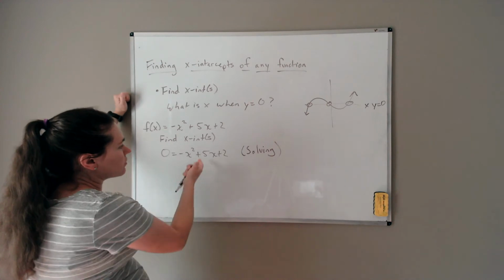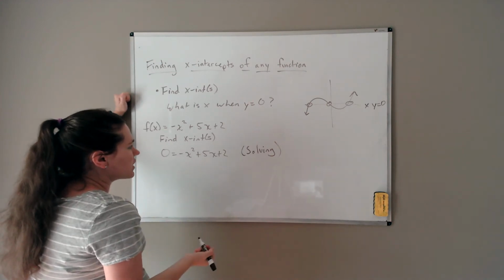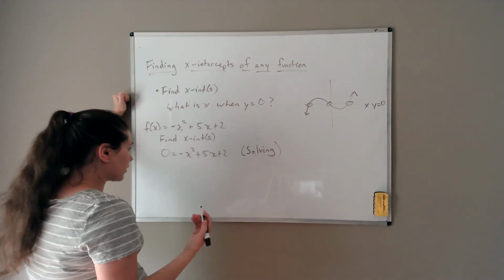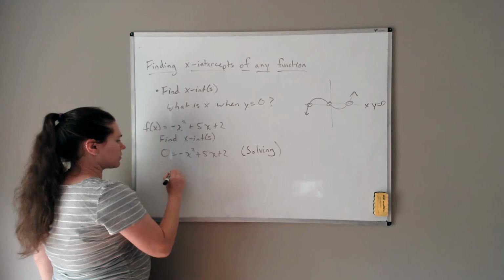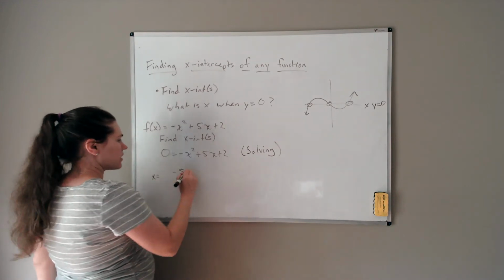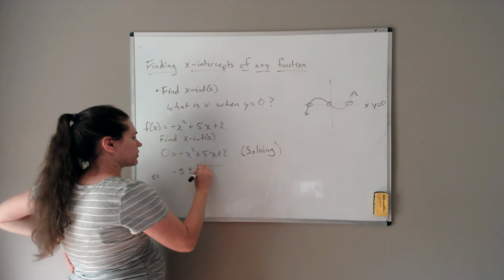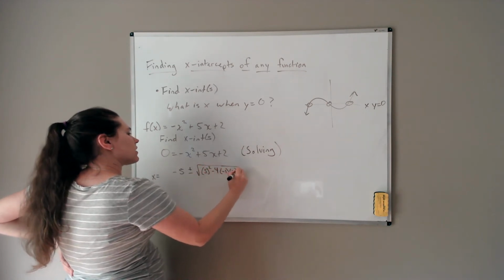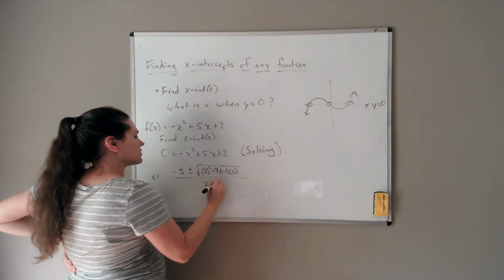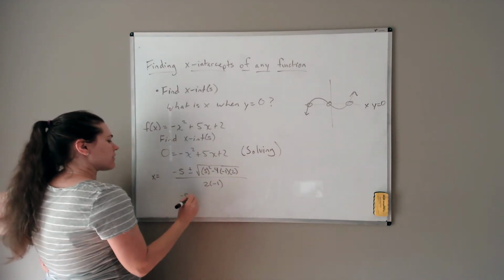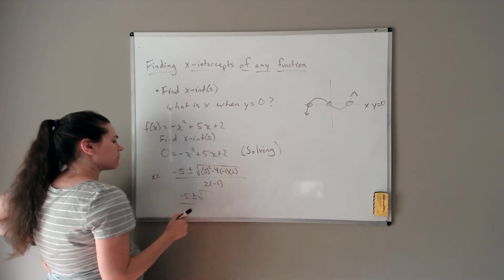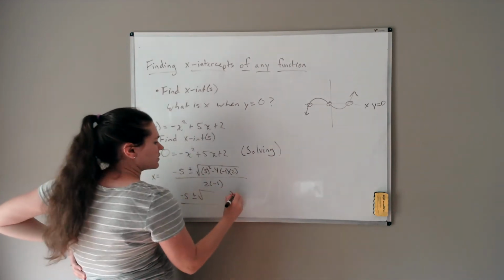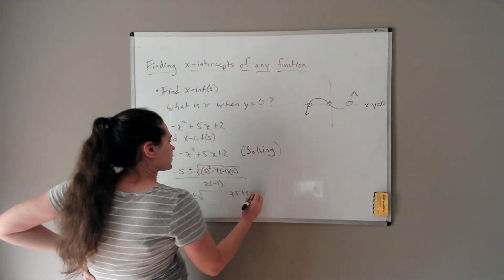Well, this isn't factorable, so I shouldn't try to factor it. I'm going to use the quadratic formula, or I could complete the square. I'll just use the quadratic formula. So x equals negative 5 plus or minus the square root of 5 squared minus 4 times negative 1 times 2, all over 2 times negative 1. Now remember, simplify the discriminant: that's 25 plus 8, which is 33,